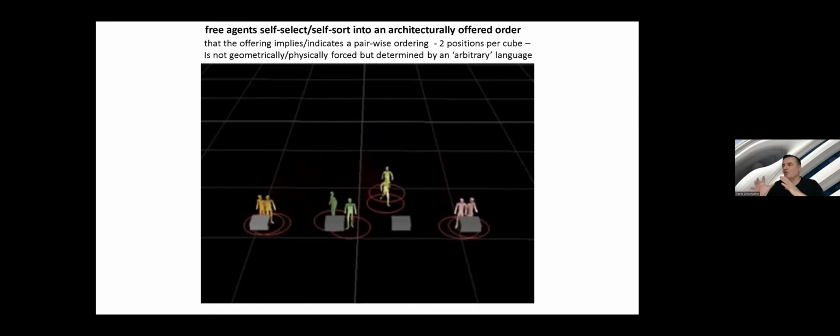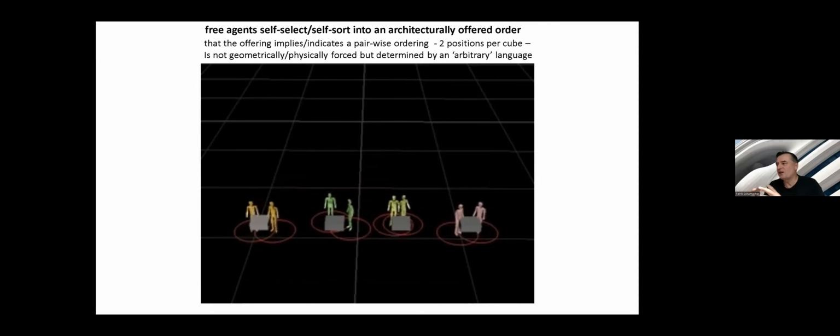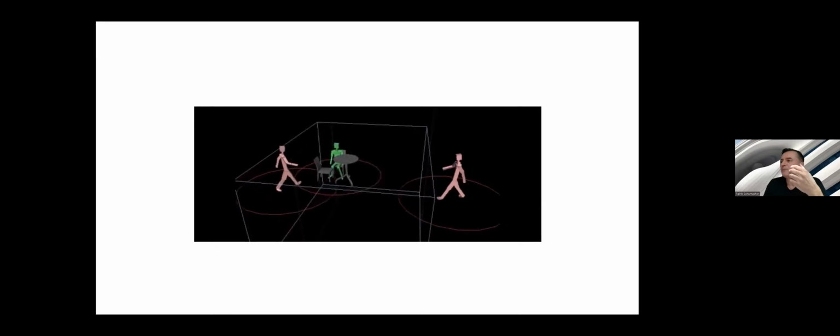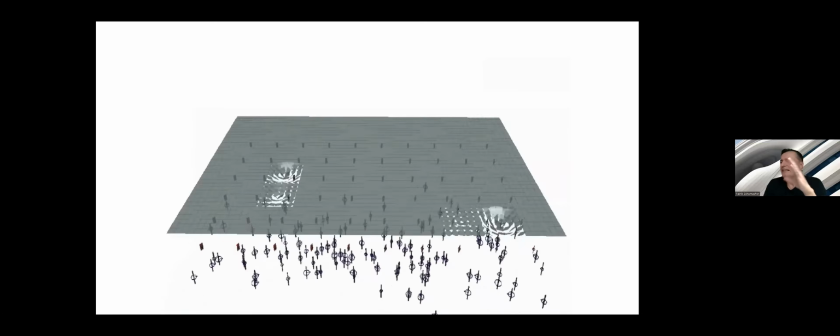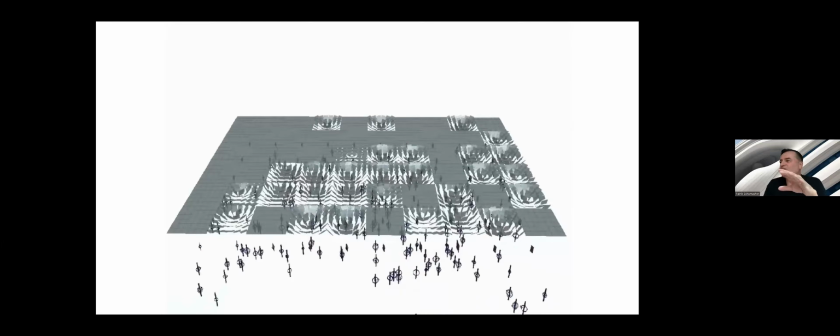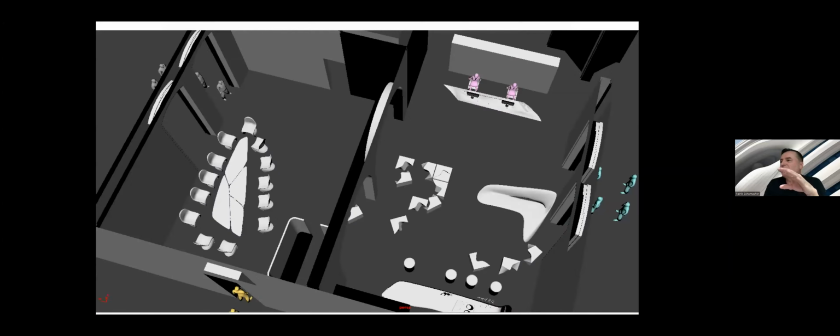So you have these 4 cubes, which gives the chance to have these kinds of groups and pairing up, but they also have to understand that's what is expected. So it's not just pure geometry. You have to learn and be socialized into this. So there's a kind of learning element, but there's also a kind of structuring element in the space. Anyway, these are simulations and animations we've done with students for many years, and we also have